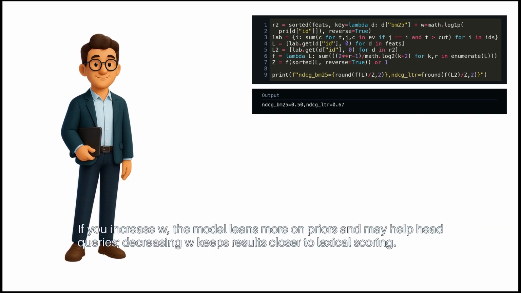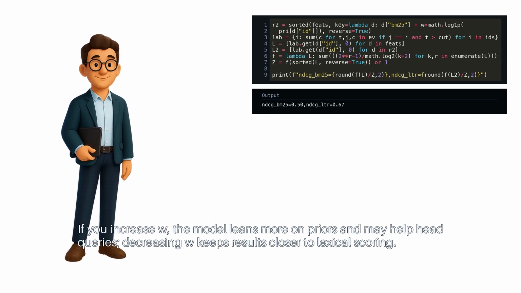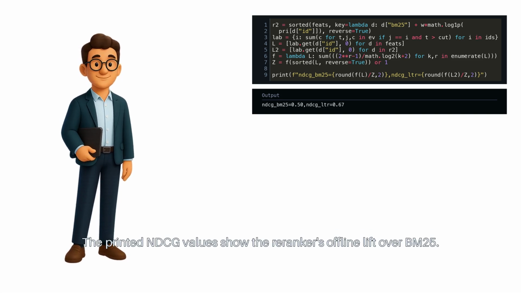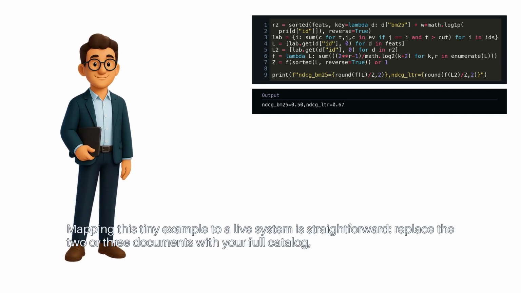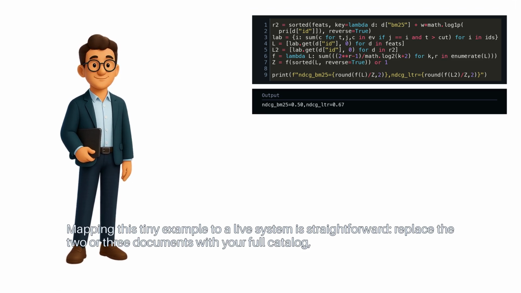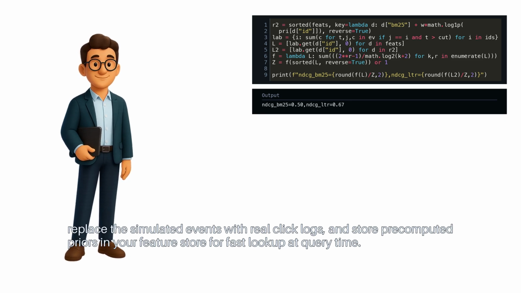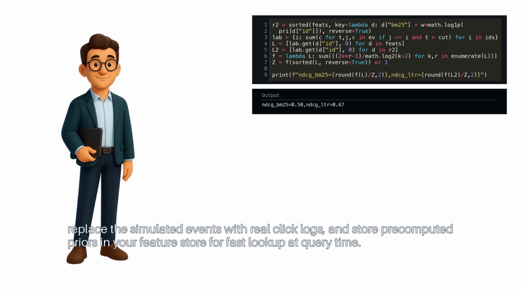If you increase W, the model leans more on priors and may help head queries. Decreasing W keeps results closer to lexical scoring. The printed NDCG values show the re-ranker's offline lift over BM25. Mapping this tiny example to a live system is straightforward. Replace the 2 or 3 documents with your full catalog. Replace the simulated events with real click logs, and store pre-computed priors in your feature store for fast lookup at